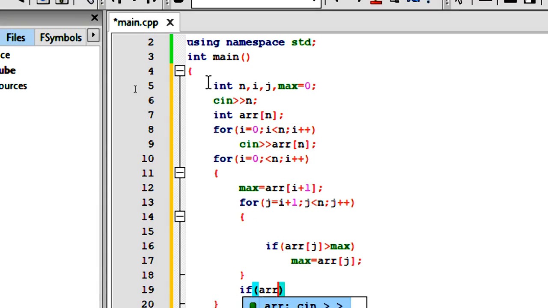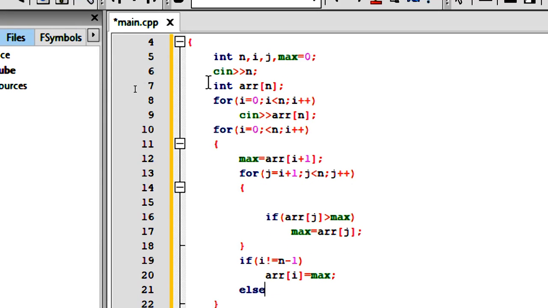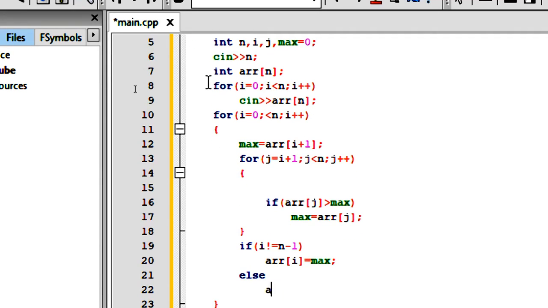If i is not equal to n minus 1, because we are taking n minus 1 as we have to assign the 0 value at the last position, then ar of i is equal to max, else if it is equal, then we assign the 0 value at the last.